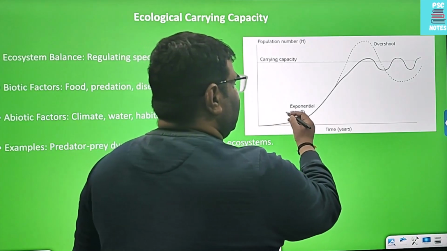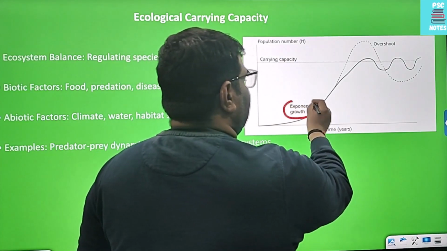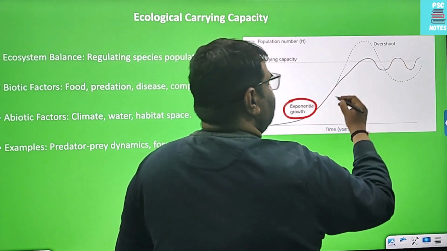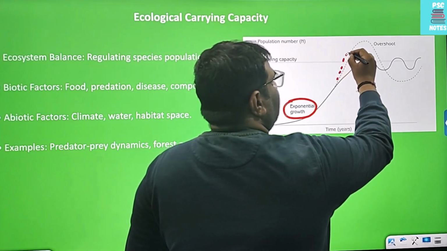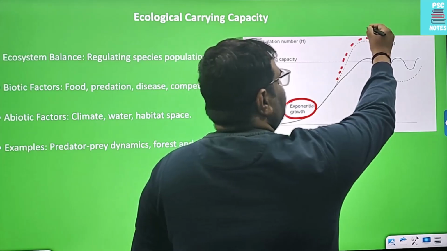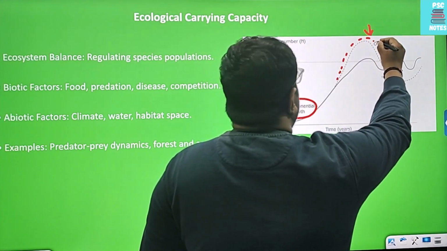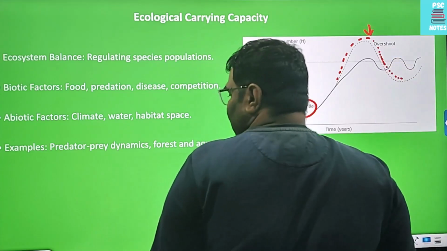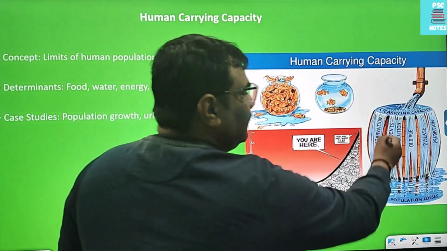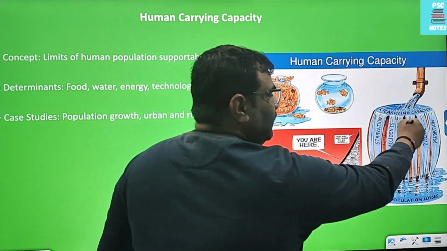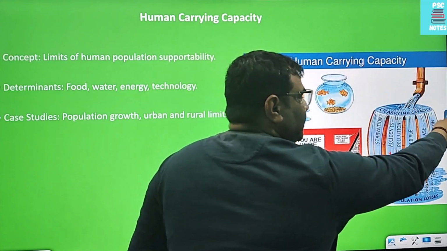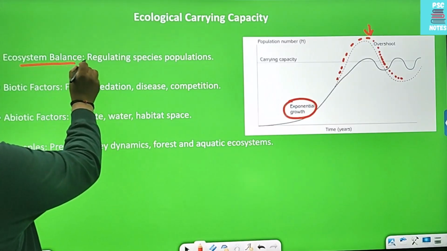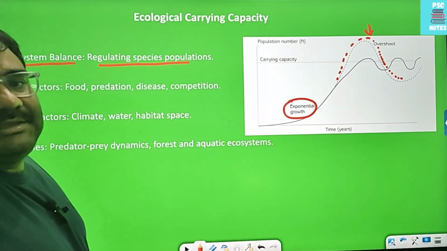As the population is growing with the exponential growth, the carrying capacity is stuck. So when the population overshoots, तो ये क्या करेगा, पॉपुलेशन को फिर डाउन लेके आएगा. पॉपुलेशन कैसे डाउन लेके आएगा? पॉपुलेशन इज डाउन थ्रू स्टारवेशन, एक्सीडेंट्स, पॉल्यूशन, ओल्ड एज, डिसीज, है ना, प्रेडेशन. तो it leads to ecosystem balance, regulating the species